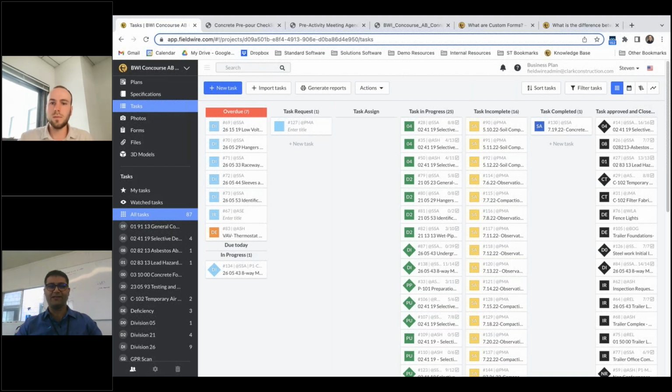And in this regard, we developed the checklist statuses to make sure what are the best processes that we need to make sure each task that is assigned to someone or to a team or to a subcontractor, and how we can track them. And as you can see over here, we have some tasks that are in progress or overdue or completed or closed. So these tasks go through multiple processes to make sure that the work is done for quality and contract documents. And as soon as the work is in conformity with the contract documents, then the task gets completed. And at the end of the term, when every paperwork is complete, then it gets closed.